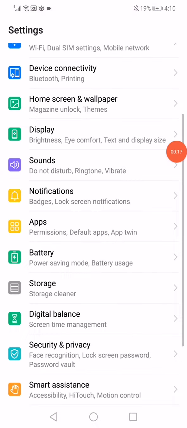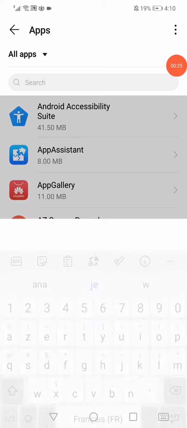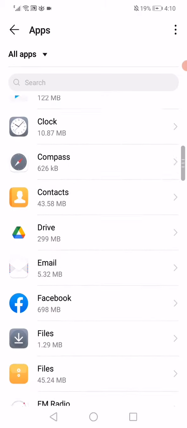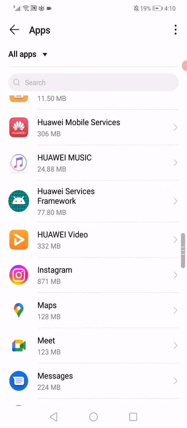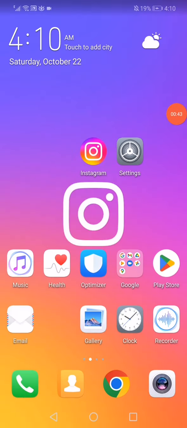So go to settings and then go to the apps manager or the permissions. Go to apps and then search for Instagram right here between all the apps that you have on your phone. And after you find Instagram, click on it like this, click on force stop, and after you click on force stop, then make sure to go back and restart your phone, and the problem